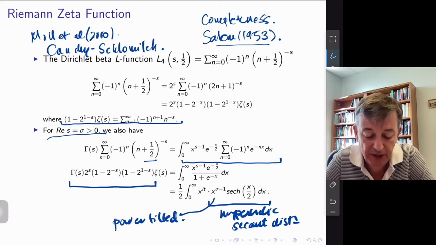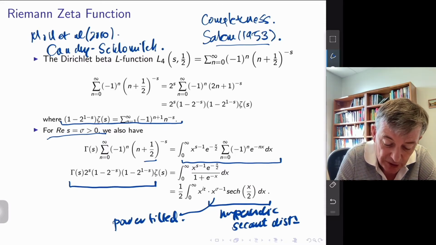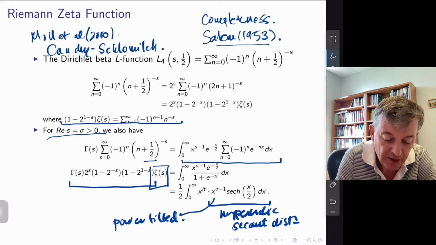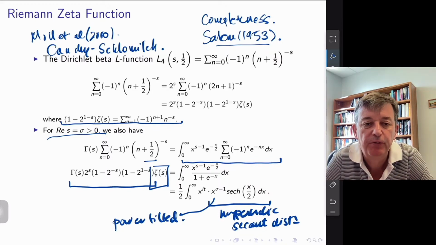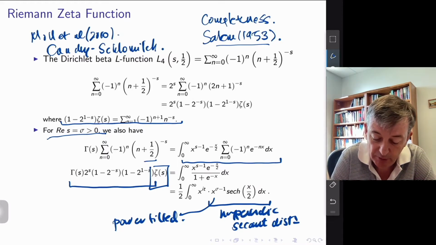And so the interesting insight is I can try and obtain a contradiction, right? This formula holds true for real s greater than 0. Now we know that the zeta function has zeros on the line real s equals a half. The question is, does it have any zeros on the line from a half to 1? So we could suppose by contradiction that the zeta function was 0 for sigma between a half and 1, and so that would make all these integrals here equal to 0.